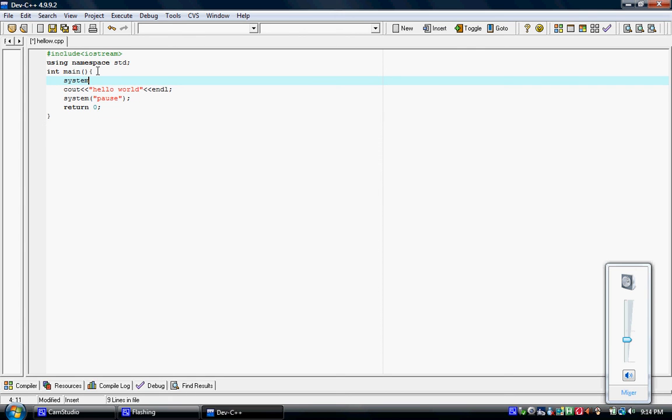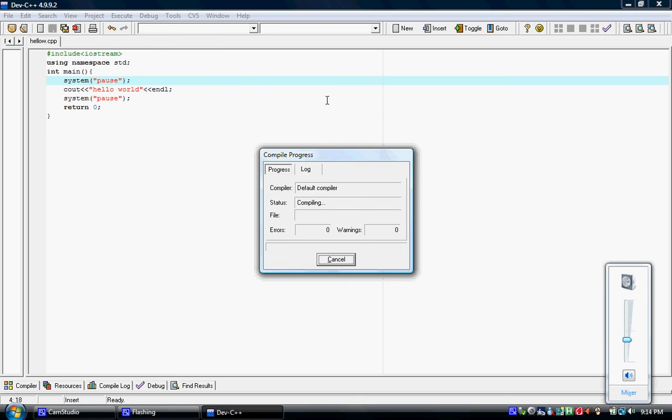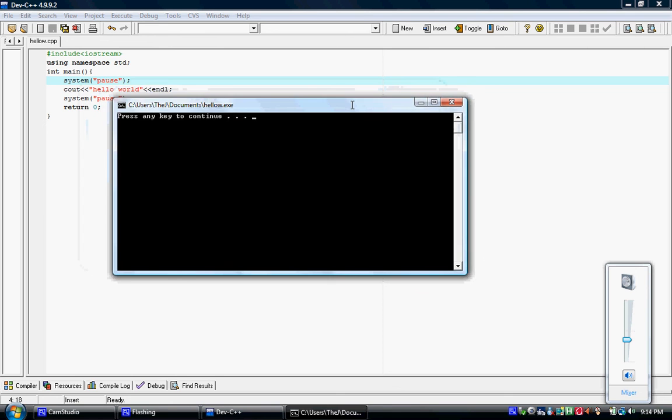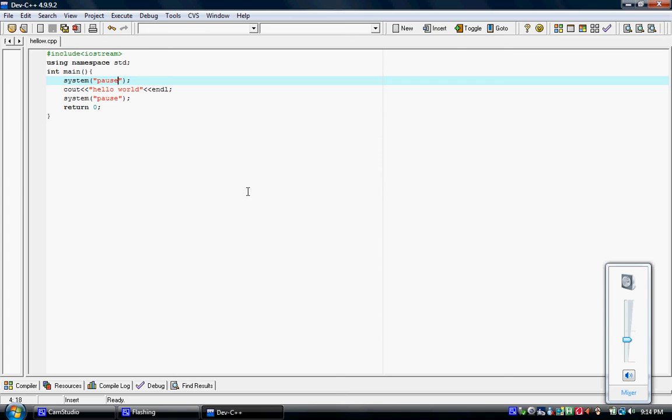Let's put system pause not only at the end of the program, but the beginning. What this will do is it will start out by allowing us to press a key, then display hello world, then wait for us to press a key again. As you can see, press a key, says hello world, press another key, and it quits the program. Now, those are the very basics of C++, and in some of my later tutorials you will be actually learning